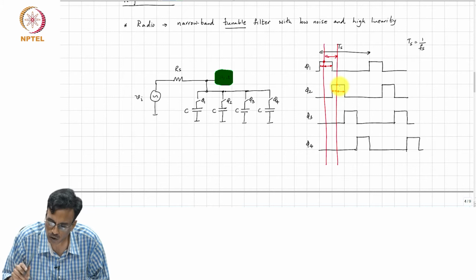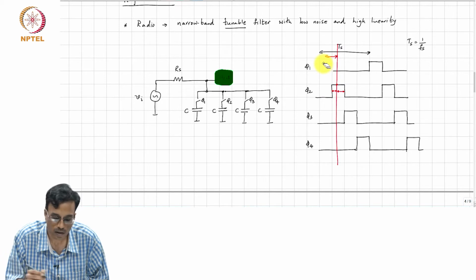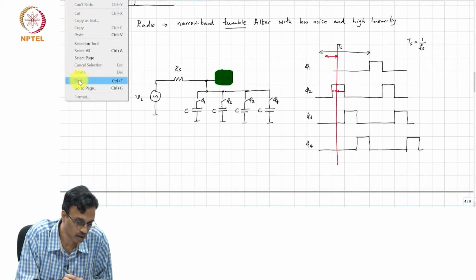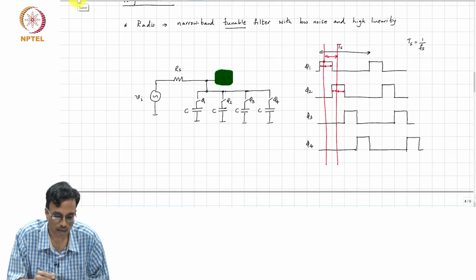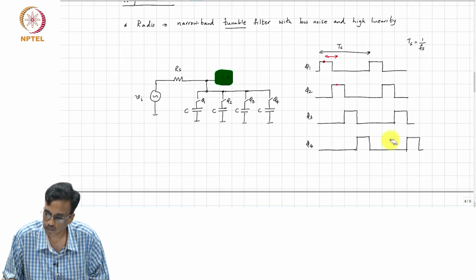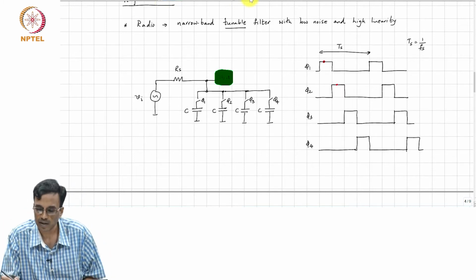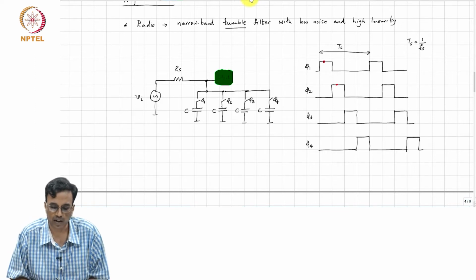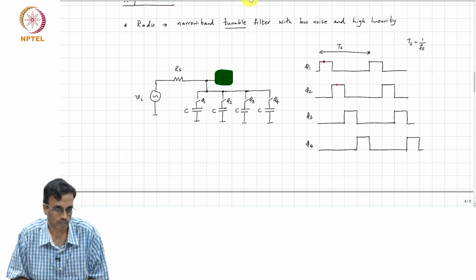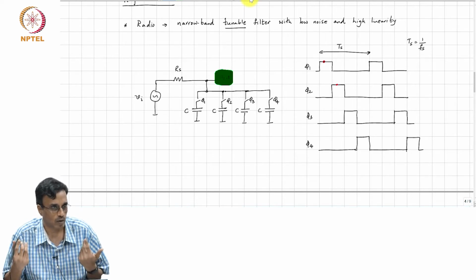So, technically speaking, even though all the elements are switching at T s, only 1/4 of the harmonic transfer functions will be non-zero, right.